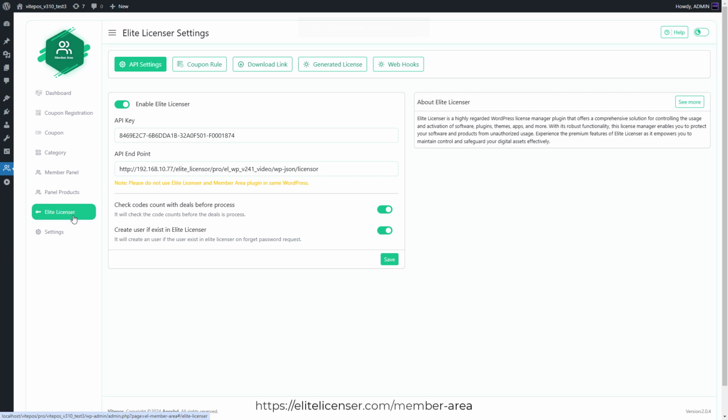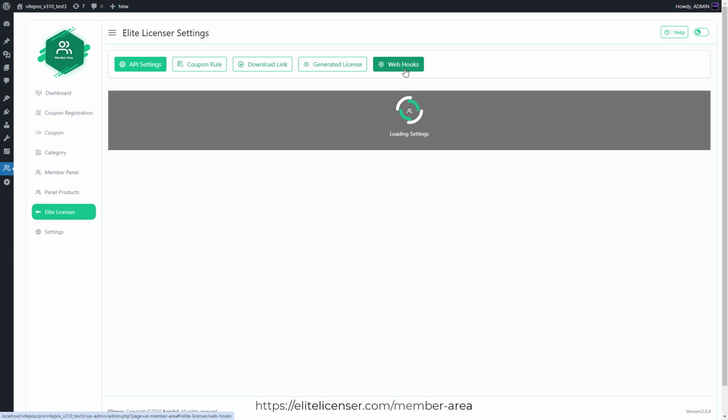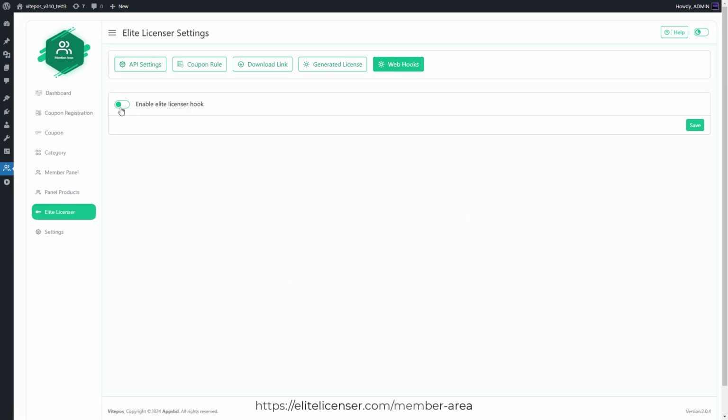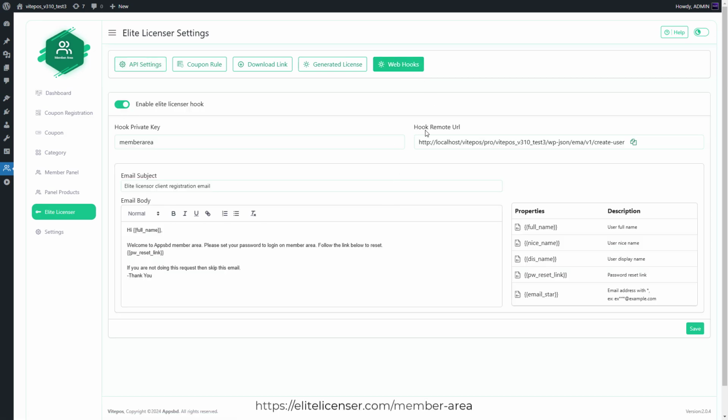Lastly, the member area includes a powerful webhook integration feature for Elite Licenser users. When a new license is created, it will automatically reflect in the member area, and clients will receive a customizable email notification. This is how you can use the Elite Member Area's new user panel features to efficiently manage licenses,